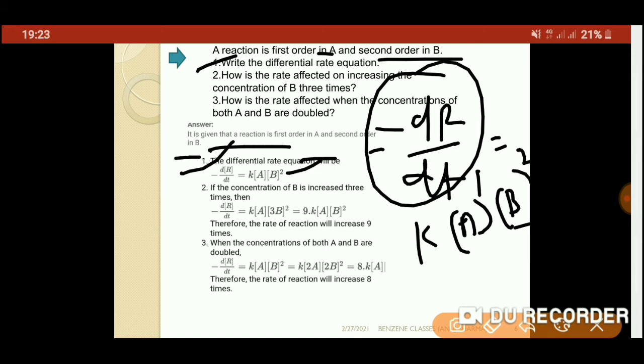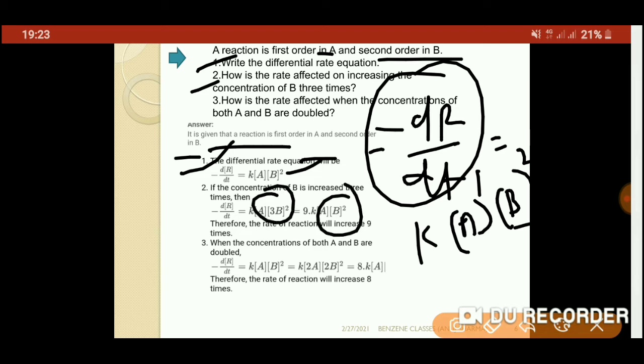So the answer will come easily: minus dR upon dt equal to k [A] [B] whole square. Okay, the second question asks how the rate is affected on increasing the concentration of B three times. What happens if you increase the concentration of B three times? You very well know that B will be replaced by 3B, and then (3B) whole square